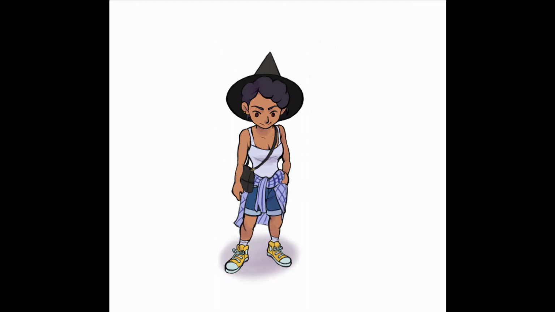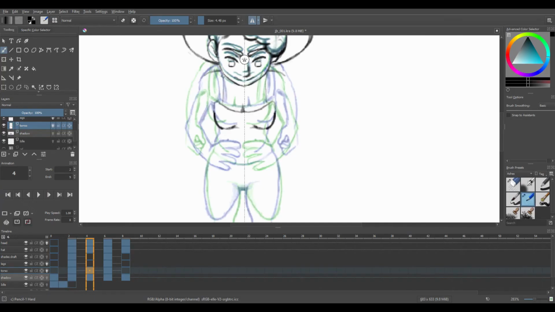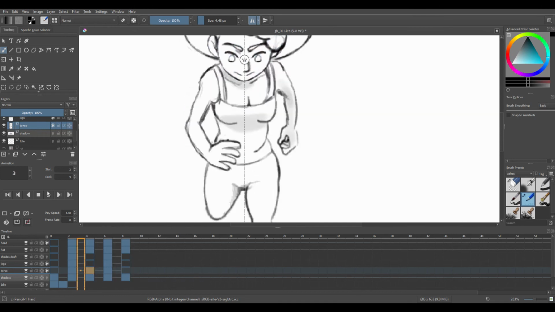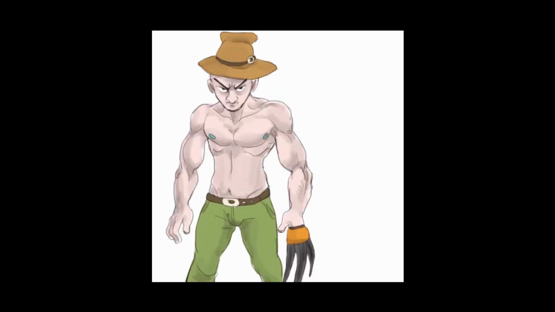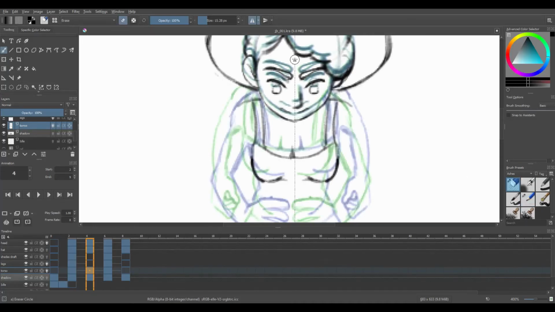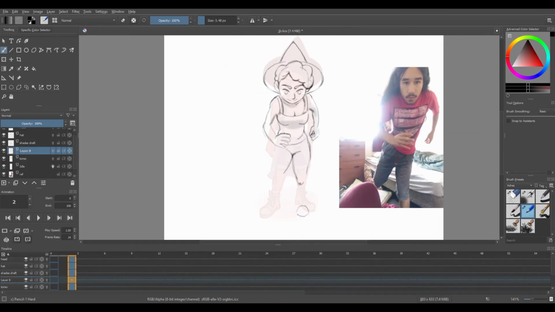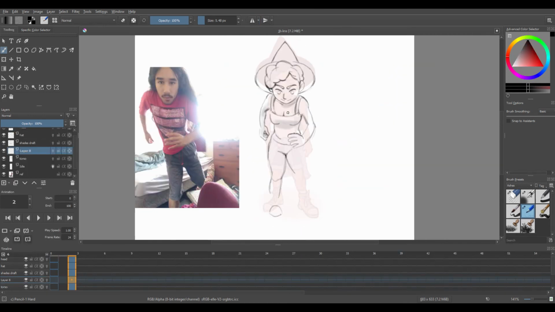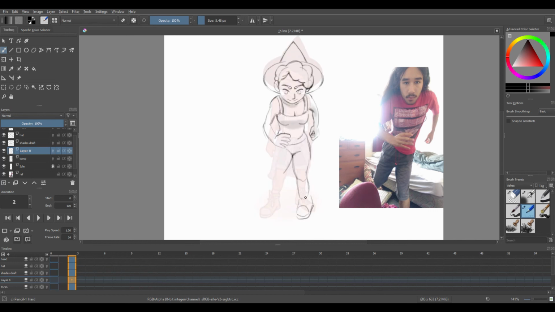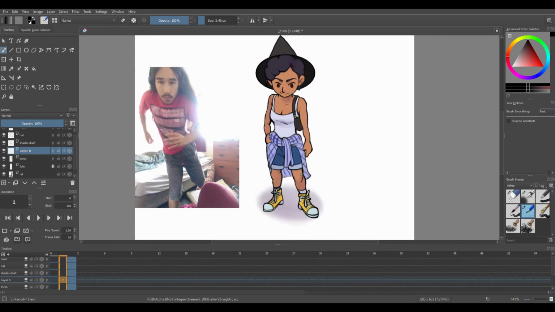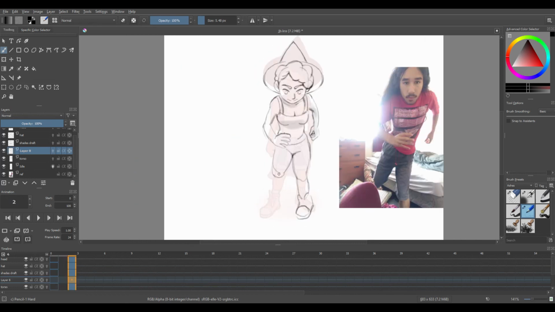A few more scattered thoughts about this design. She ended up a little bit muscular. This wasn't totally on purpose. I tend to just, on autopilot, draw muscular characters, but I think this toned body ended up really suiting the tomboyishness of this design. I'm also really happy we landed on a brown person, as a brown person. I would love it if we could make more games with more brown people in them. Not just because I like cooking with a little seasoning, but because it's nice to feel included.